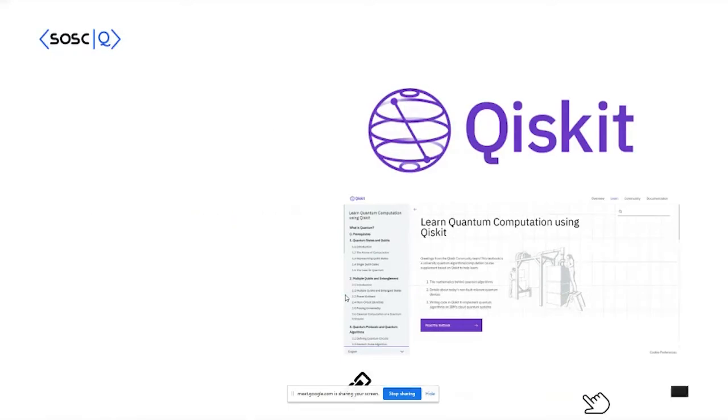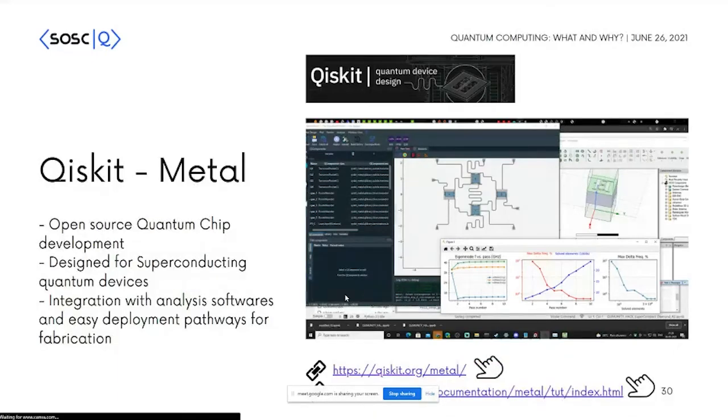Then let's say if you're a VLSI guy, if you like to design circuits, what if I say that you can design your very own superconducting chip right now? Qiskit has made this super awesome thing called Qiskit Metal, where let's say you're an electronics student, you can design a superconducting transmon chip right now, and it's a GUI based interface, so it's either drag and drop with very minimal coding, and it's integrated with ANSYS HFSS, so you can get your simulation results very quickly. This is one of the projects which I had done for a hackathon. It's very easy to get on board, right?